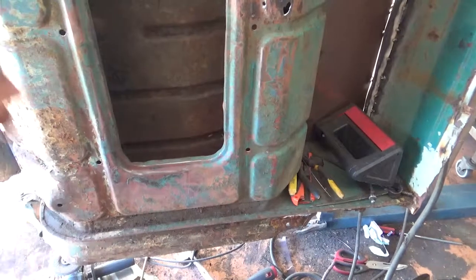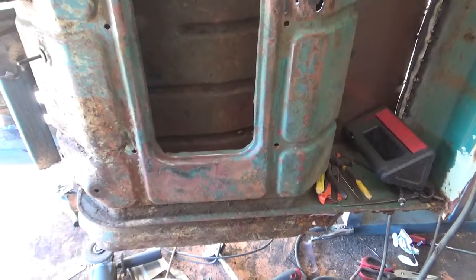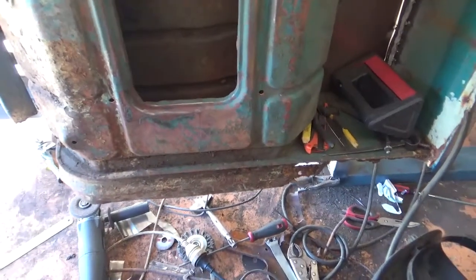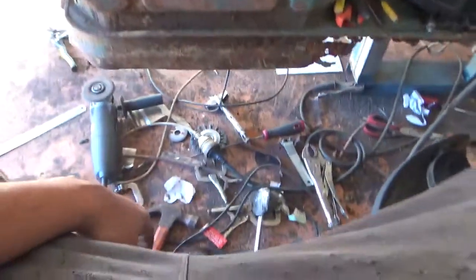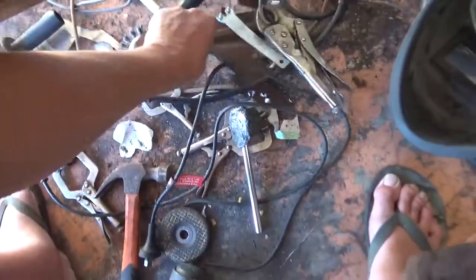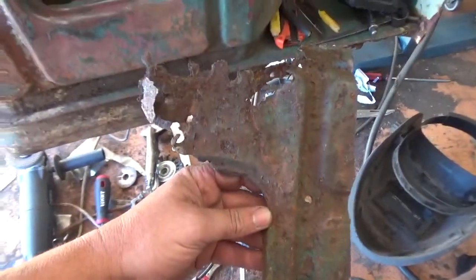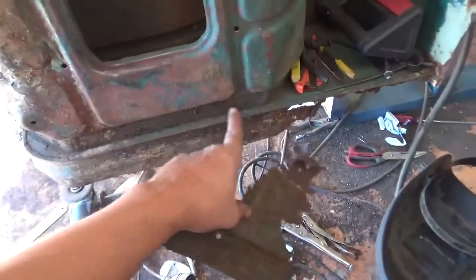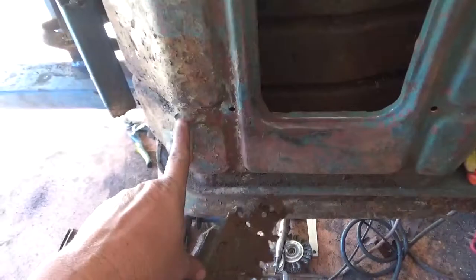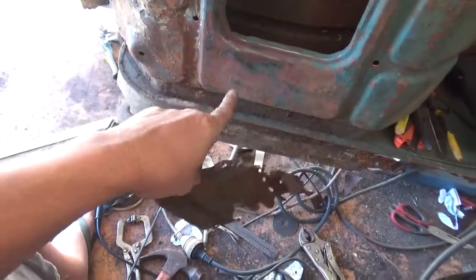I decided in my early morning that I was going to attempt to sort out this seat area, and here's one of the pieces here. So that was this section, sorry, this one here, and then this part here was all gone on the other side. So I made up myself a paper template